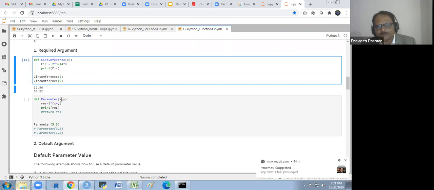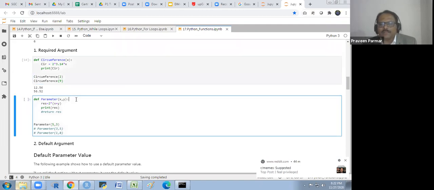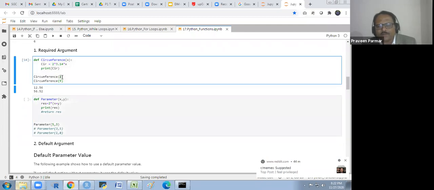Define parameter. The perimeter of a rectangle: there are 2 variables in a rectangle and the square, a length and breadth. So x and y, 2 parameters. These are the required parameters. They are compulsory. Whenever you call the function, writing these parameters is compulsory. If you don't write them and you run it,